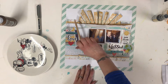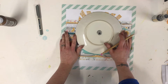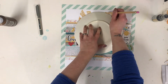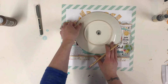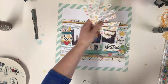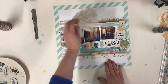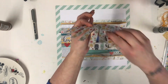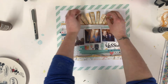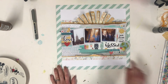I want to tidy up my sunbeams now. I've got just a tea plate here, and I'm going to just mark them off like that, and then I can trim them down. I was going to sew on the sunbeams, but I'm actually really pleased with how they look. So I'm going to stick them in place now. I'm just going to put some sticky on the center of the sun there. I like them loose, so I've decided to keep it that way,